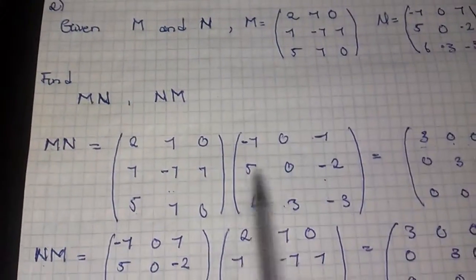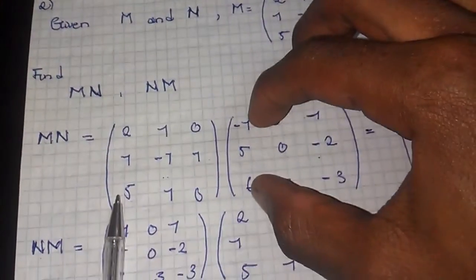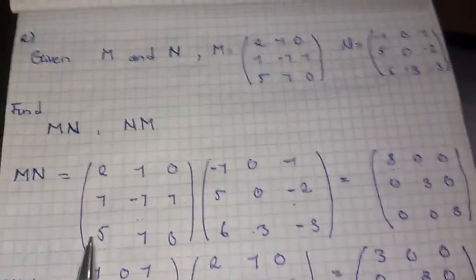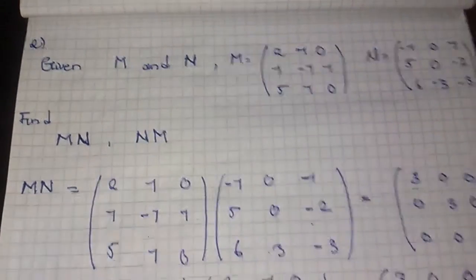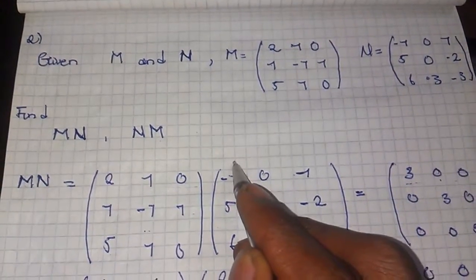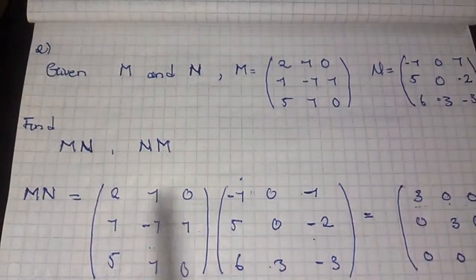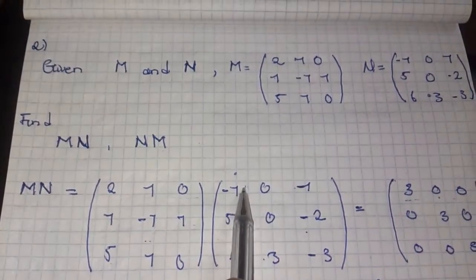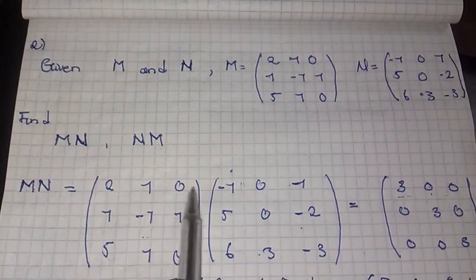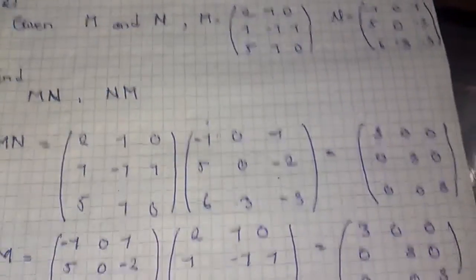Normally when they are giving you two matrices like this, obviously what you do is you take this side and put it here and sum it to have the first element. I know when I'm saying it like this it does not make any sense, but look at what I'm talking about. We take this first row, we align it back here, and we sum it, we get the first element here. So to get this first element here, this 3, we take this row, we multiply it times this one here, and we sum it to get this element. To get this element here, we take this row, we put it here, and we get the element here. So let's do it as fast as possible.